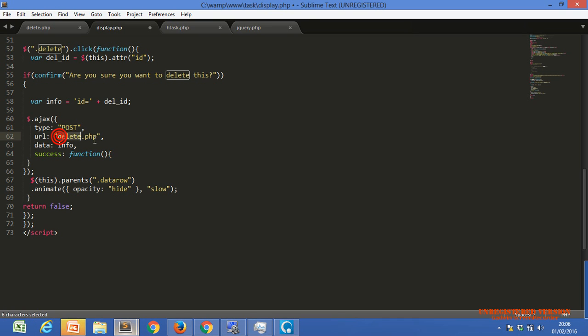Where do we want to go? delete.php. And data means what data you are going to carry from this page to delete.php. So this info, within info there is id equals the dynamic id.